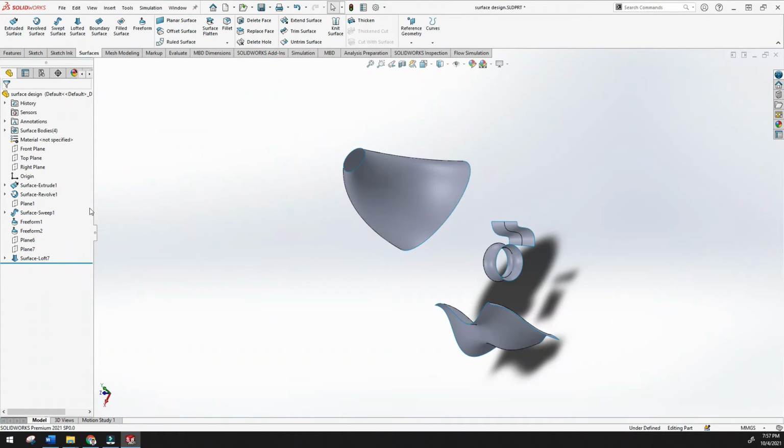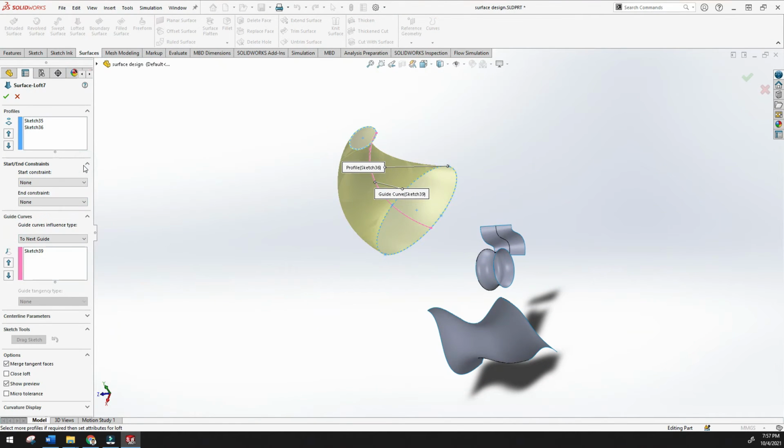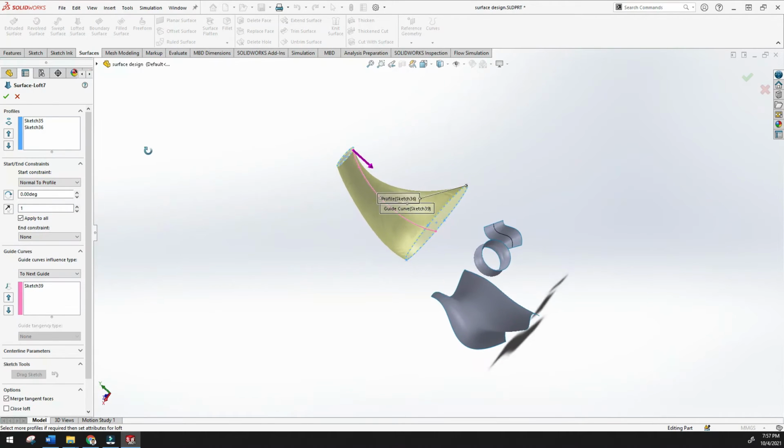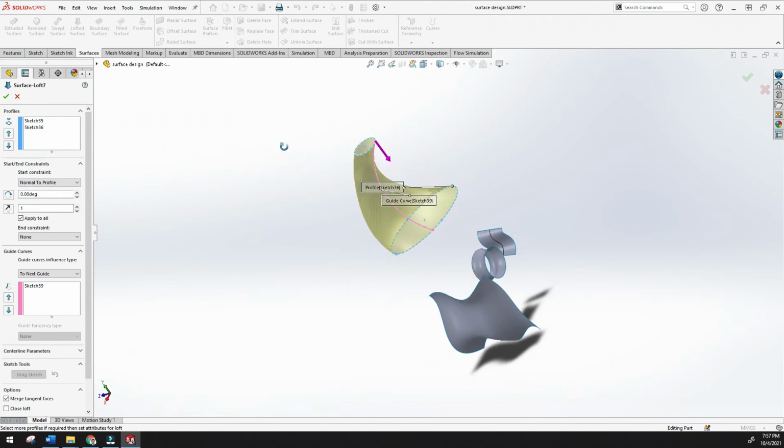Okay, go back and edit features, and here some different options are there. Let's try to understand. The one is start and end constraint. What is this actually? So actually in 3D model, solid model, I have explained a little about this. Like if you have some vector normal to profile, okay, then it is easy to create. Like I am using the normal to profile because I don't have any direction vector. Okay, so I can use now normal to profile.